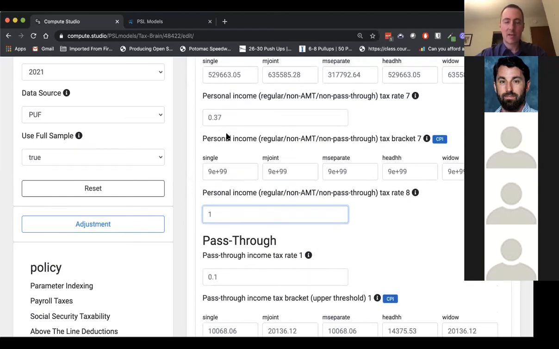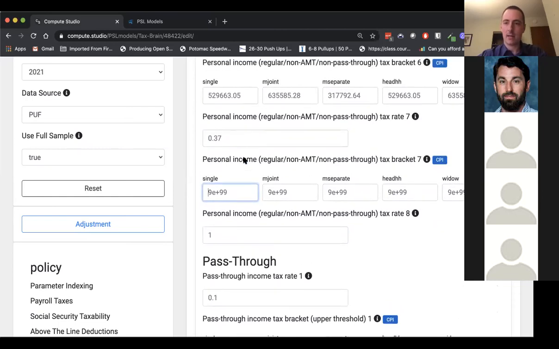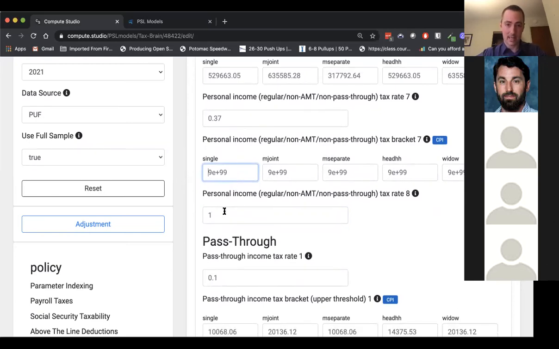So the highest rate right now under current law is 37%. We offer you an option here to create a rate that's higher than that with a different bracket. Right now, the rate is set at 100%, but the bracket is infinity. And so this tax bracket 7 and tax rate 8 don't actually do anything. But let's go ahead and say that we're adding a new 50%